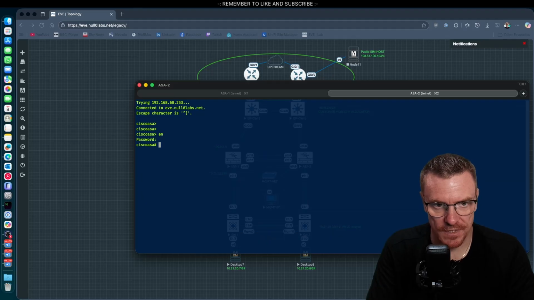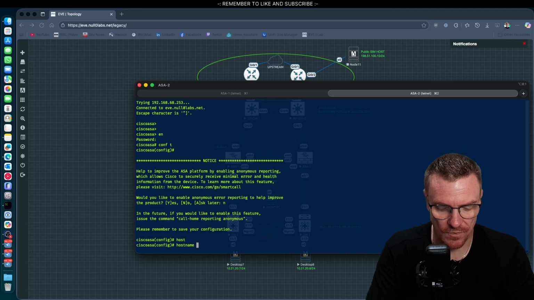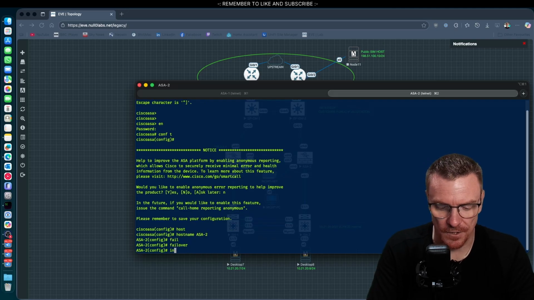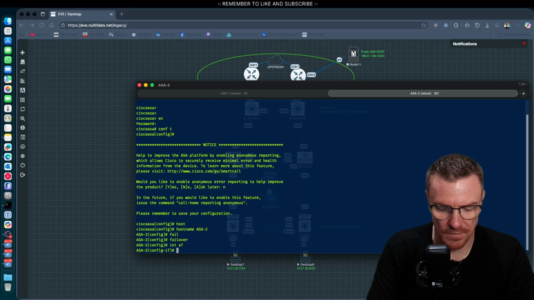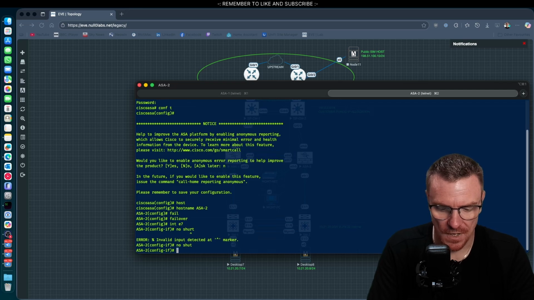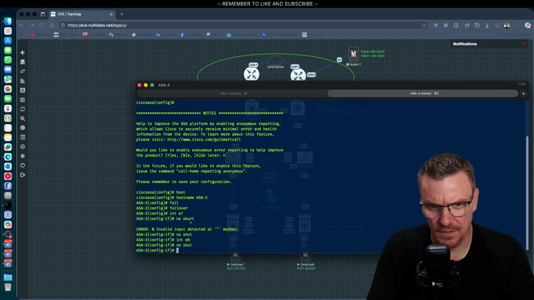This has got no password. Again, I'm just going to show you that if I set a host name, I'm going to call this ASA-2, so we know that this is our secondary one. And all I'm going to do on this device is just configure the exact same failover configuration. So int E7, I'm going to no shut that interface first. No shut, not no shirt. Int E8, I'm going to no shut this one as well. So that's both of our failover